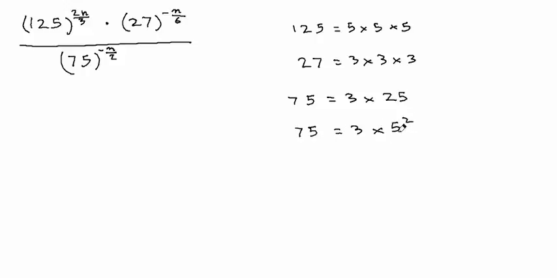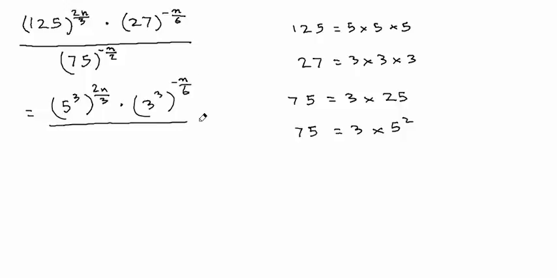The whole idea is to factorize them and rewrite these in exponent form so that we can apply the law of exponents that allows us to raise an exponent to another exponent. So we are going to replace these. 125 is 5 raised to the third power. That raised to the 2n over 3, times 27 is 3 raised to the third power raised to the negative n over 6, divided by 75 is 3 times 5 raised to the second power raised to the negative n over 2,